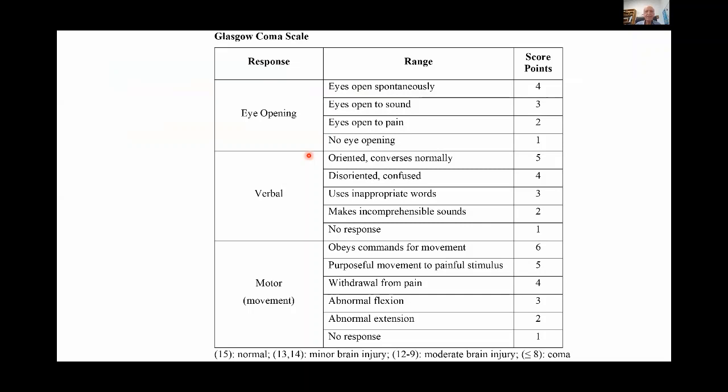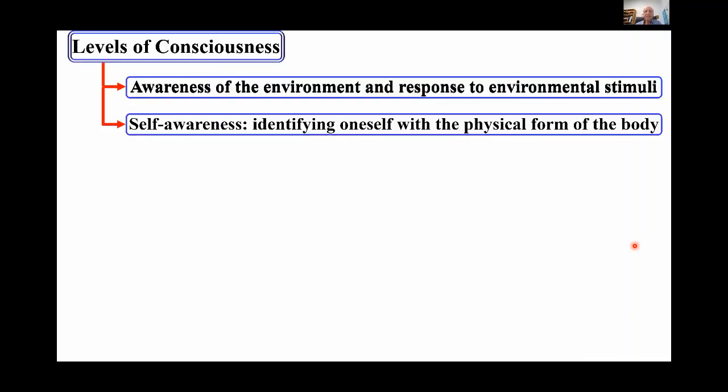And assigns a numerical value to each of 3 types of responses: eye-opening, verbal response, motor response. And then, according to the total score, the patient is diagnosed as, say, having minor brain injury or moderate brain injury, or to be in a coma state. Now, the Glasgow Coma Scale is a useful clinical tool for assessing the severity of brain injury and for monitoring recovery. The next higher level of consciousness is that of self-awareness, that is, identifying oneself with the physical form of